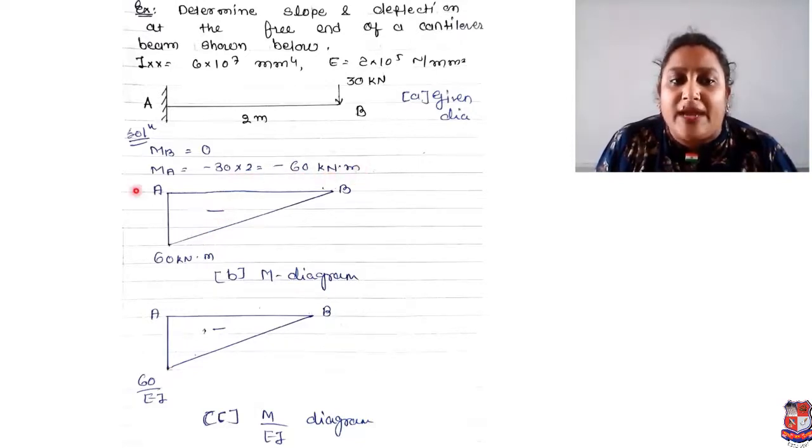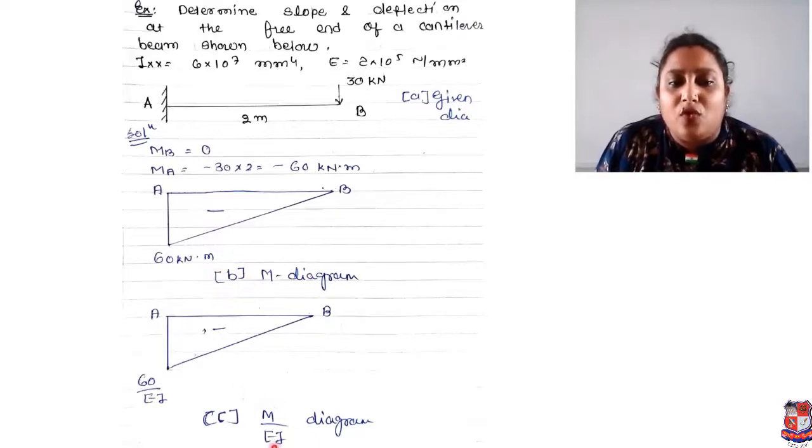It is in a triangle shape. Downward means that the shape is negative. That's why we mention the negative sign over here. Okay. And whenever a moment is concerned, we have to put the unit. We have considered the unit kilonewton into meter. We have written it over here and over here also.